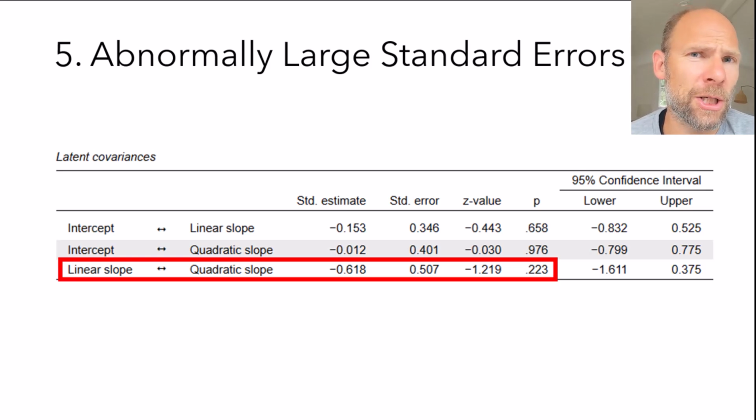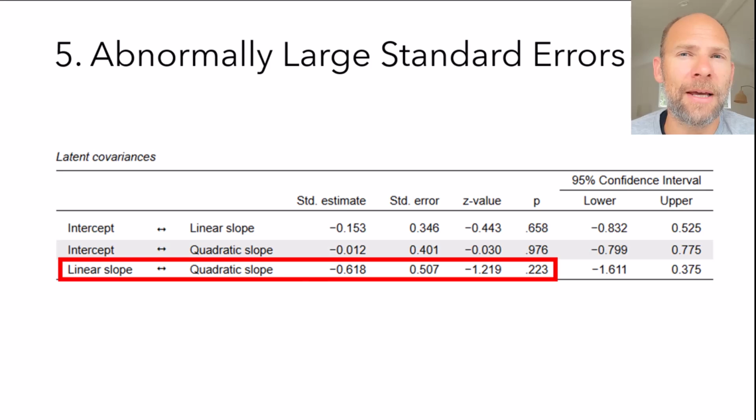If we have a correlation that is that strong in terms of its absolute value, then that should be significant. Yet when you look at the p-value, you find that the p-value is 0.223, non-significant at the 0.05 level, and that's surprising for a correlation that is negative 0.618. And so that has to do with a large standard error, which is estimated at 0.507 here, and that's an